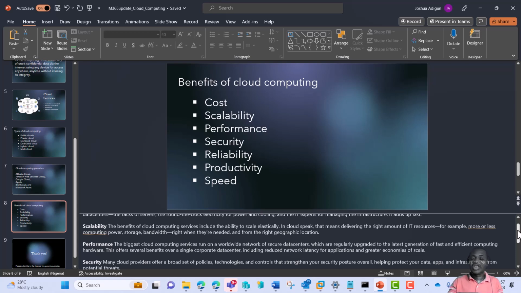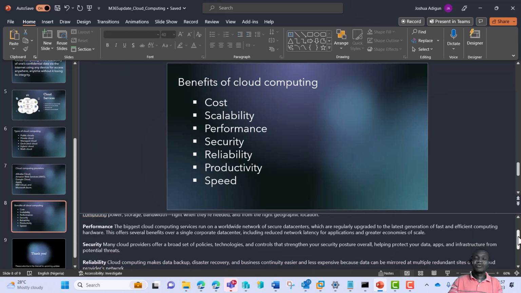And then security. Like I said earlier, cloud computing provides a robust security system for your data on the cloud. I know more about Microsoft, and Microsoft is pumping a lot of money and resources into ensuring that cloud security is optimal.